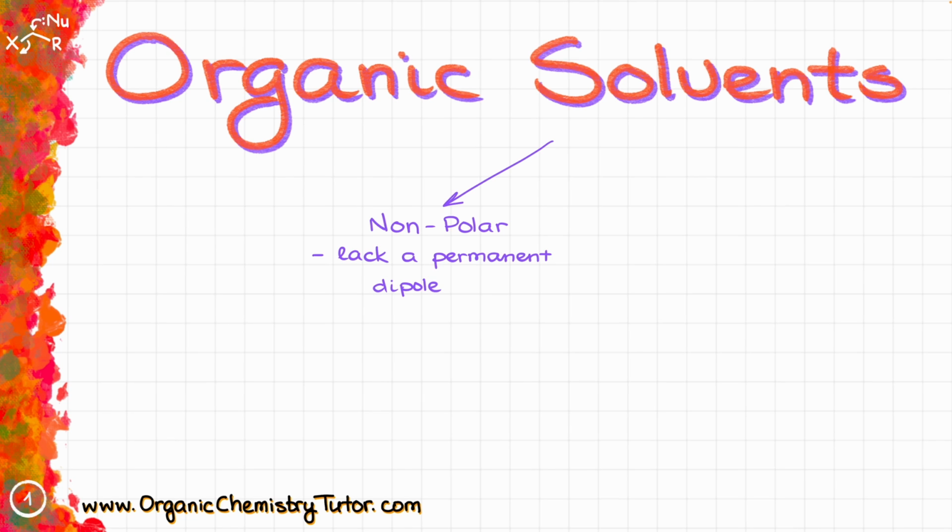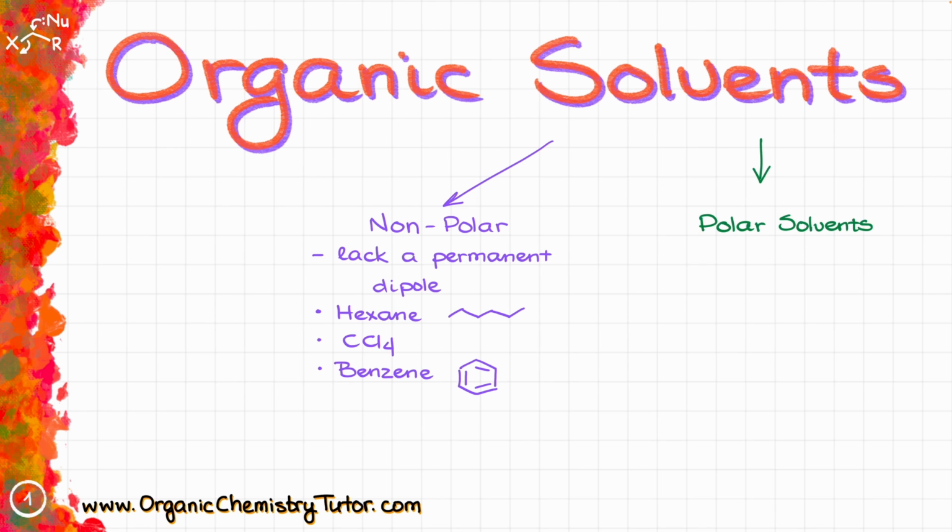Examples of typical nonpolar solvents are going to be compounds like hexane or other alkanes, or for instance you might see CCl4, which is a very nonpolar compound. However, due to the environmental impact of this solvent, we typically try not to use it nowadays. Another somewhat common nonpolar solvent is going to be benzene, which is an amazing solvent. However, due to the environmental impact and also the toxicity of benzene, we also tend to not use that solvent